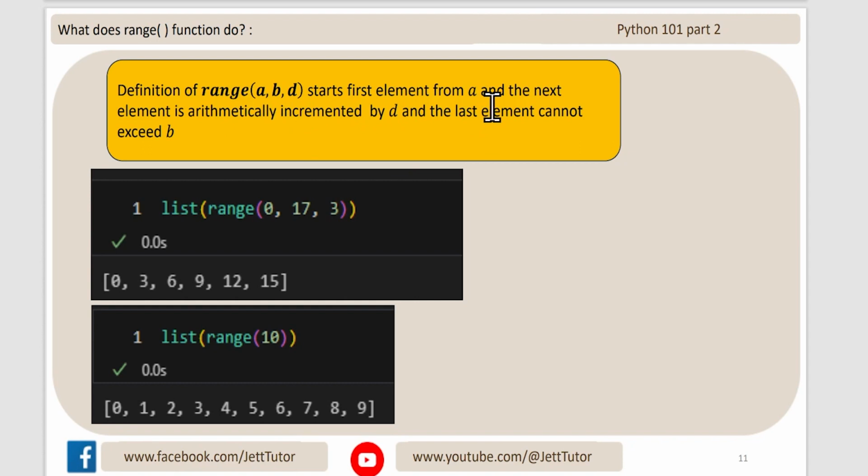It starts with the first element from A, and the next element is arithmetically incremented by D, and the last element cannot exceed B. For example, if I write a Python script list(range(0, 17, 3)), 0 to 17 incremented by 3, then the output is 0, then incremented by 3, 0 plus 3 is 3, increment by 3, 3 plus 3 is 6, increment by 3, 6 plus 3 is 9, 9 plus 3 is 12, and 12 plus 3